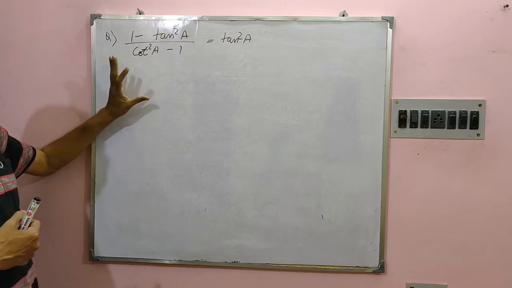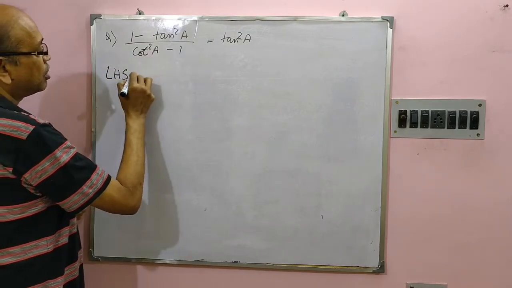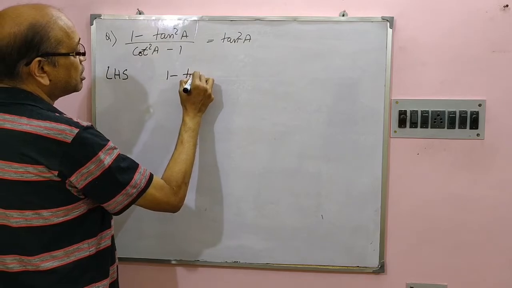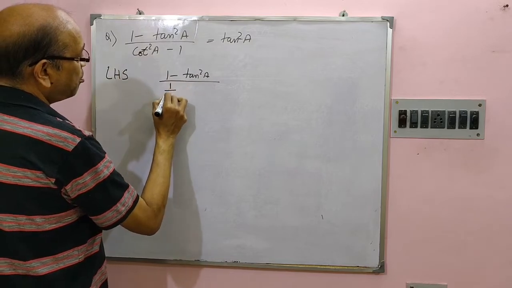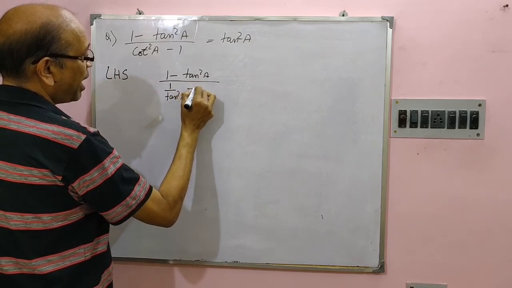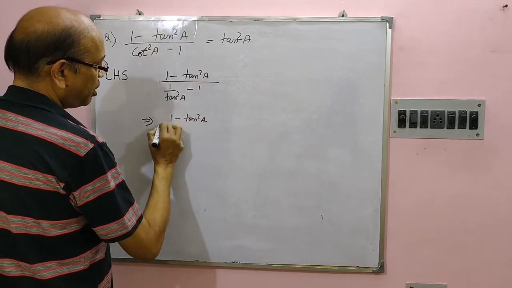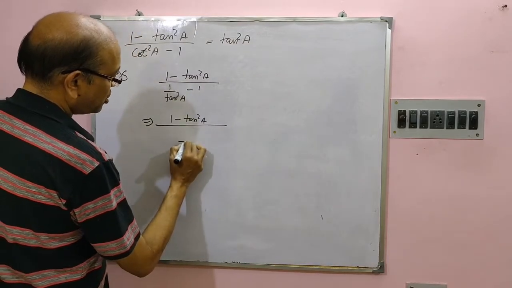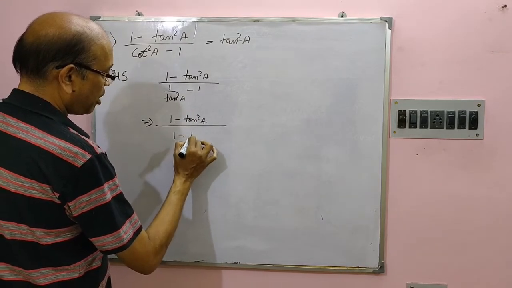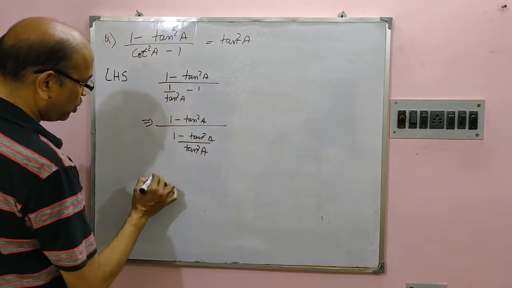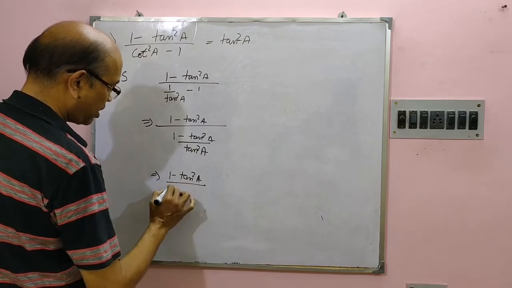So let us change cot into tan and see. 1 minus tan square A by cot square A can be written as 1 by tan square A minus 1, which means 1 minus tan square A whole divided by, if I just take the LCM here as tan square A, I get here 1 minus tan square A,